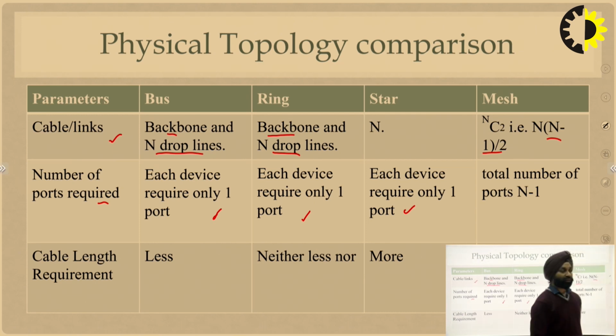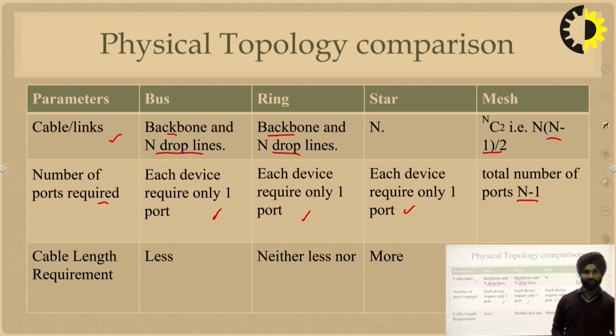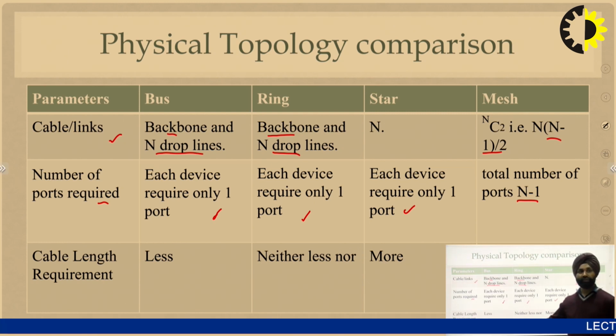For the mesh topology, each device will require n minus 1 ports. So there will be a large cost on the ports as well as on the number of links or cables for the mesh topology. Then the cable required depends upon the network size, but obviously for the same number of devices,